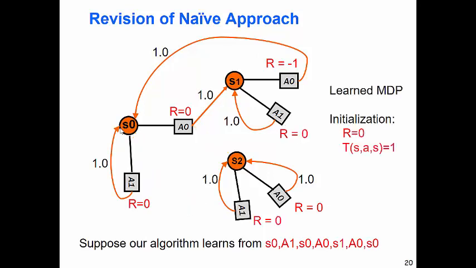Now, this is the MDP model in the agent's head after that experience. What I'm saying here is I initialized everything to 0. The rewards were initialized to 0. And the transition function was also initialized to something trivial. We just initialized the transition function to essentially be a no-op. Every action is assumed to be a no-op until we see it's not. For example, we never took an action in S2, so these are just no-op actions, and they have reward of 0.